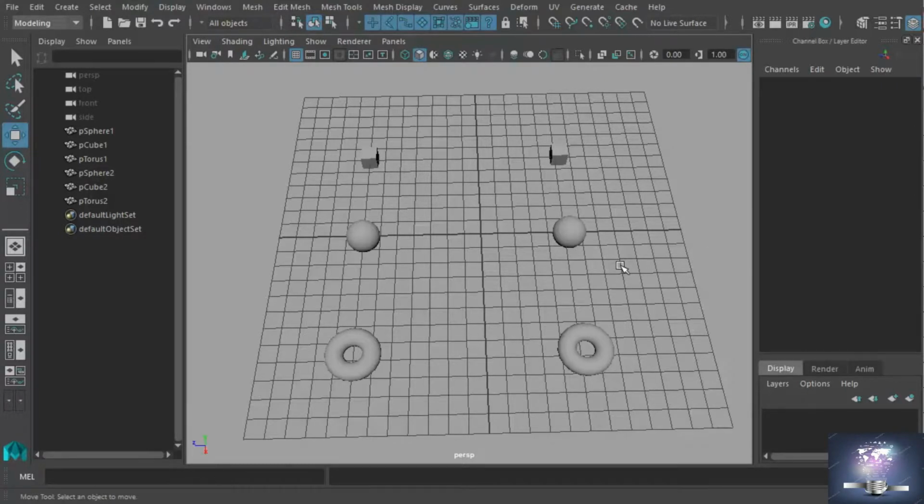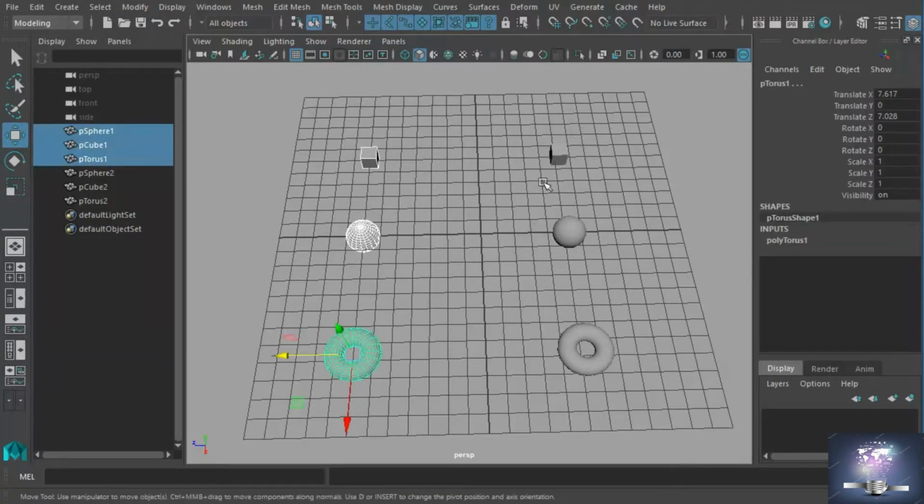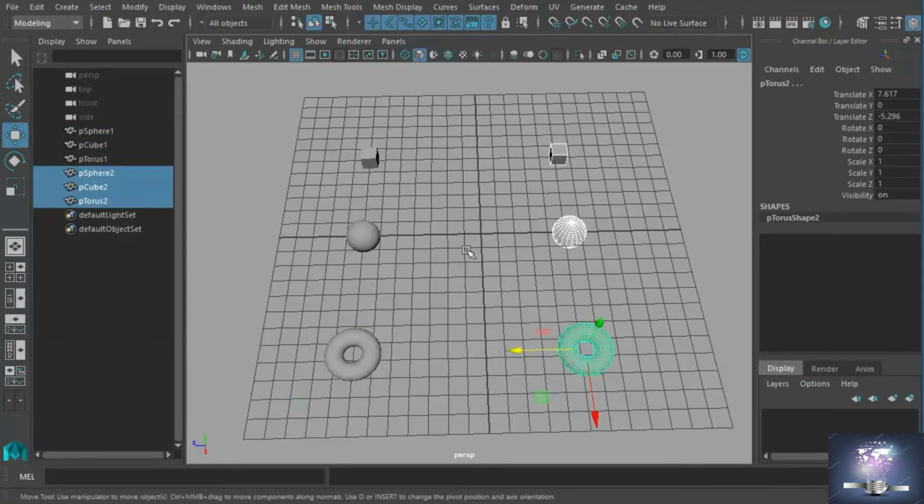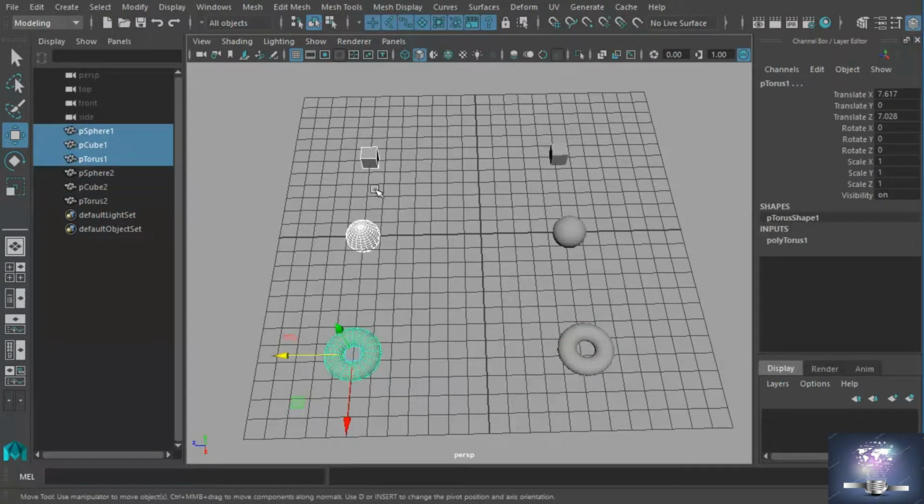In this video, we'll talk about grouping and parenting. Now, these are two different features that you will use depending on the requirements that you have. We have three objects in the left side and three objects in the right side. The three objects in the left side, we will create a group, and this other side, we will create a